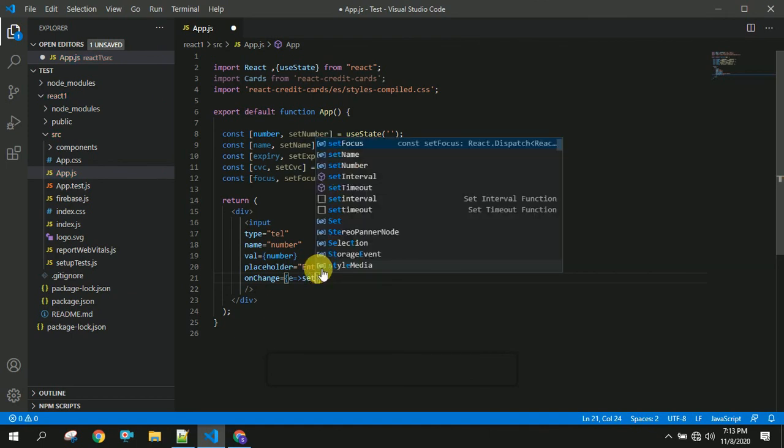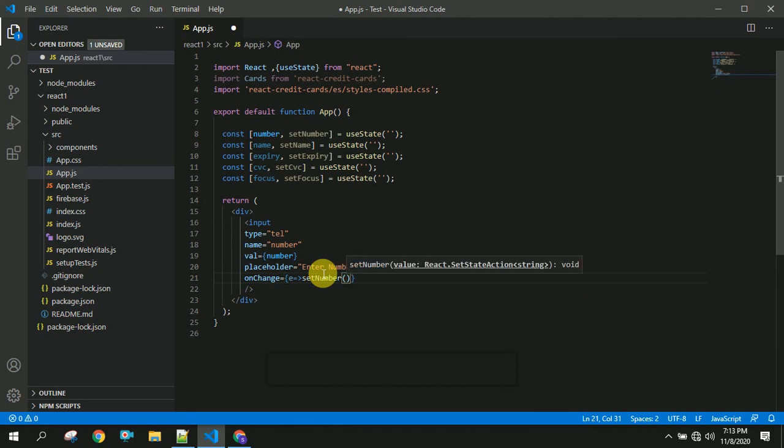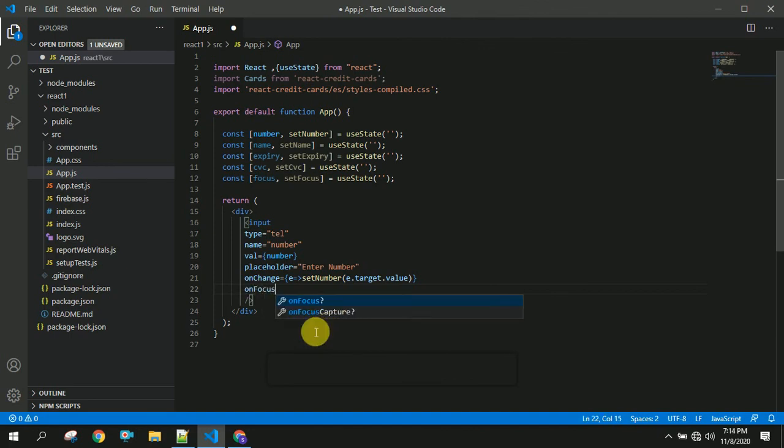On change we are setting the number, so we are going to write e.target.value.